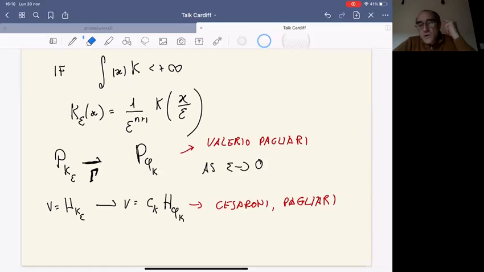This does not work for the fractional perimeter, because the fractional perimeter is invariant by rescaling, so it does not satisfy this condition. If you just scale it, you just pick up the fractional one again. You never go out of the fractional mean curvature. It's like the mean curvature, which is scale invariant. It does not concentrate somehow.